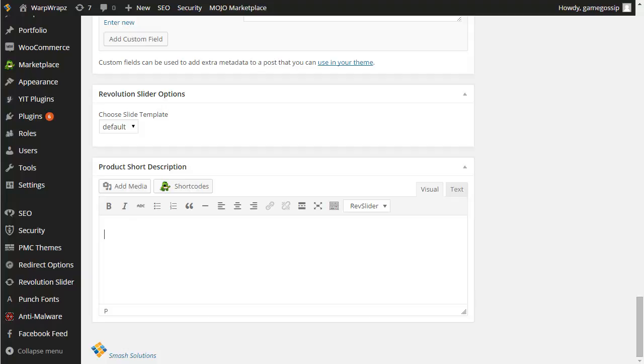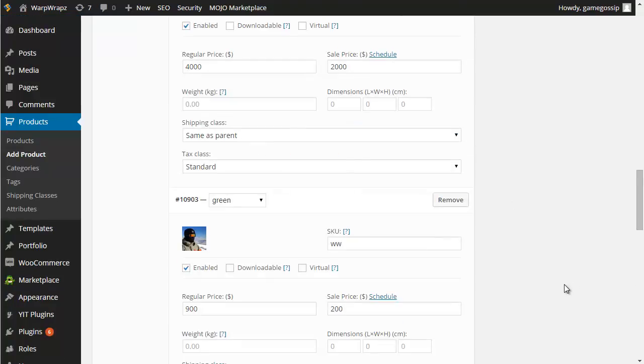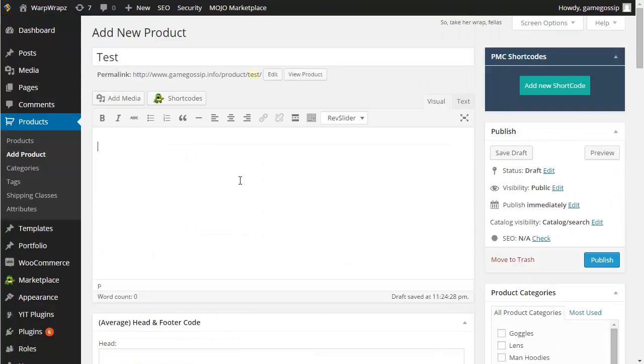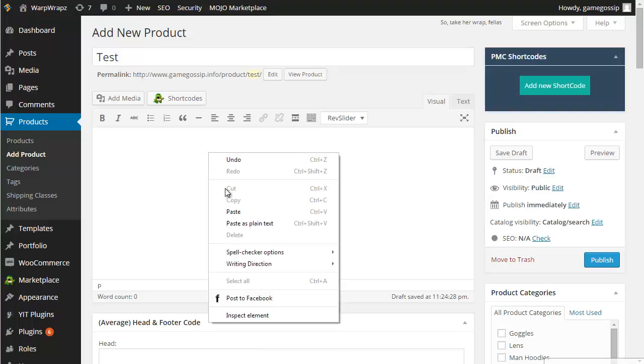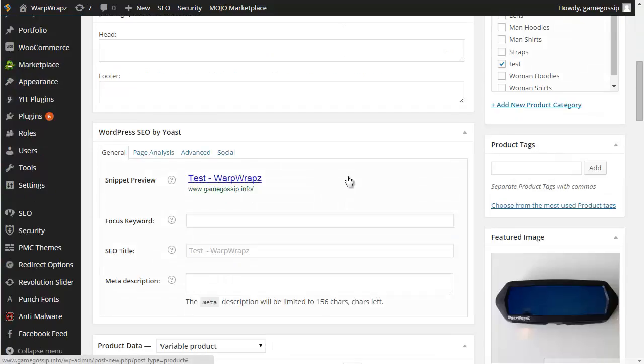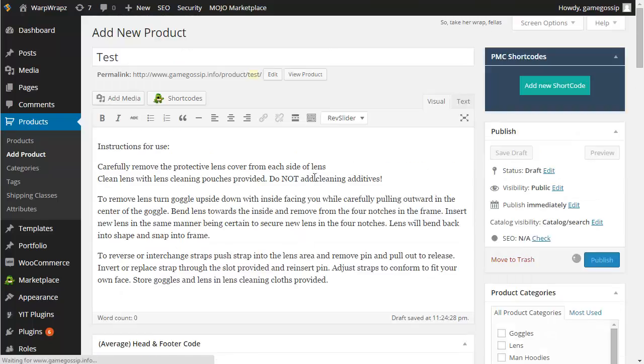We'll copy, okay, and paste this description here. And then this can technically be your long description. It'll show below the page. And I usually put the instructions in this section. And we're done. So let's go ahead and click on our publish button,